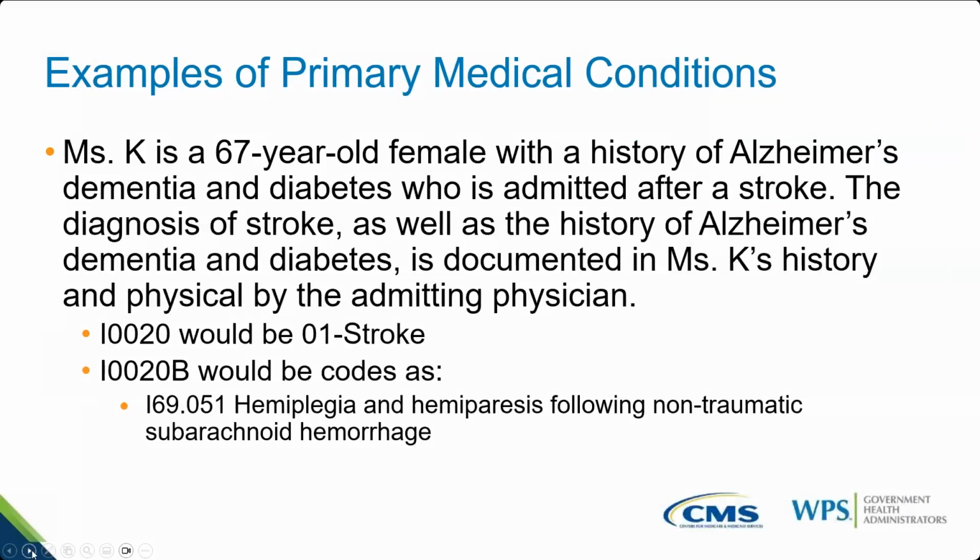So let's go on and look at some examples of primary medical conditions. The rationale behind this, the physician's history and physical document the diagnosis of stroke as the reason for Miss K here for her admission. And so we have Miss K, a 67-year-old female with a history of Alzheimer's, dementia, and diabetes, who was admitted to the skilled nursing facility after a stroke. The diagnosis of stroke, as well as a history of Alzheimer's, dementia, and diabetes, is documented in Mrs. K's history